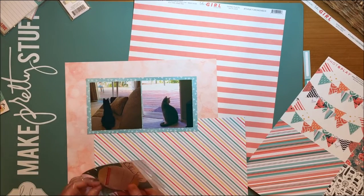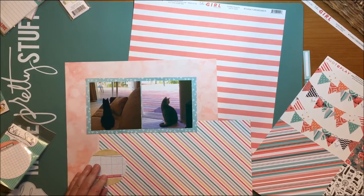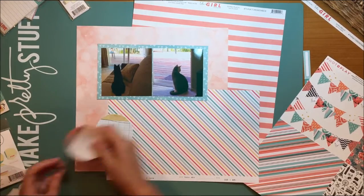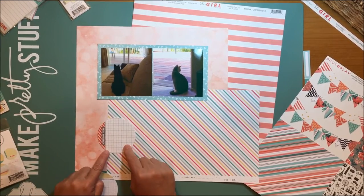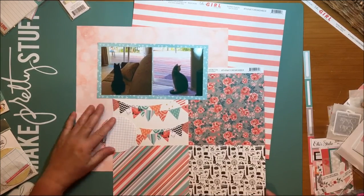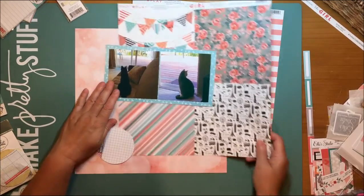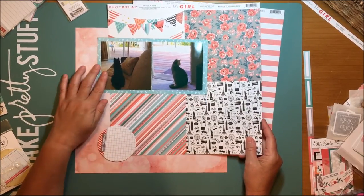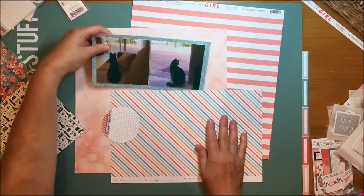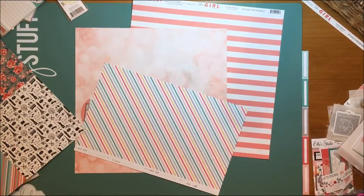So I'm playing around a little bit. I thought about that banner paper from Photoplay because there's a block underneath it, and I really liked the banner paper, but with the lift of the layout, there's journaling on the paper directly, and I knew I wasn't going to like journaling on the banner paper, so I'm just trying to figure that out. I thought about the stripe that was on that Photoplay paper that actually matches the bokeh background exactly,